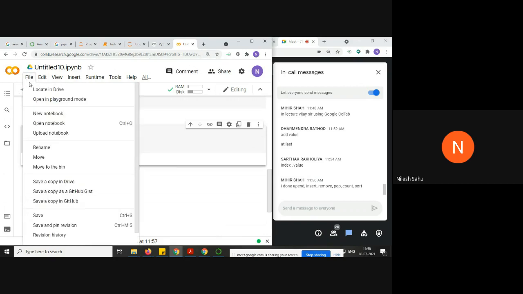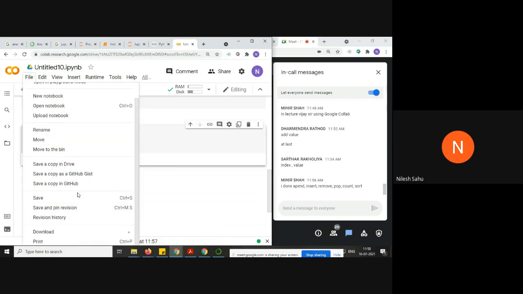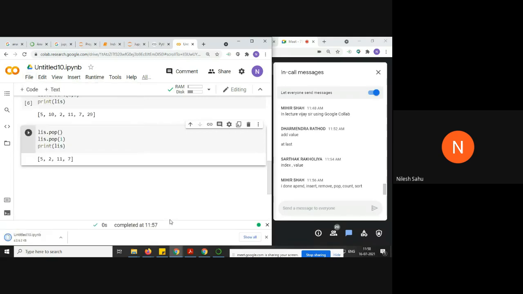Now you can simply save it in your drive. You can also download this one. So when I say download .ipynb, let me show you. Later on you can open this file whenever you want.